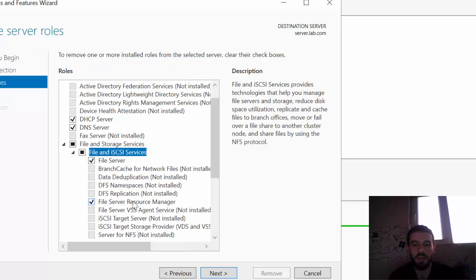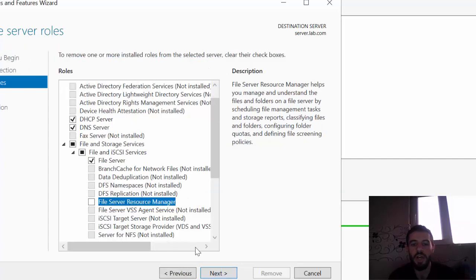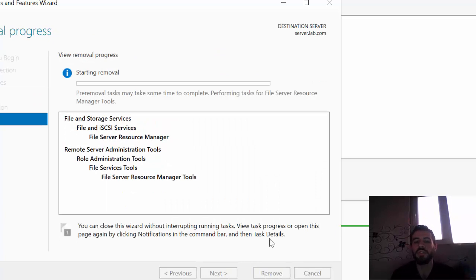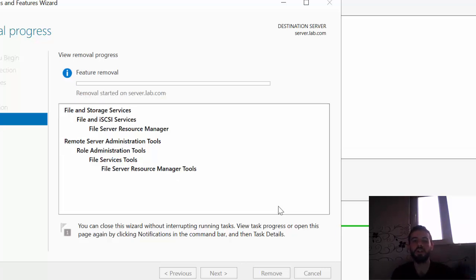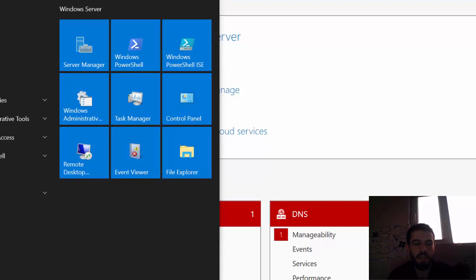Here, File Server Resource Manager. Just click again here, remove feature, and then next and remove. Same steps like we install, but now in reverse. I want to remove. After removing the File Server Resource Manager, you can easily create a GPO, or group policy object. And now you can see close, and you should restart the server